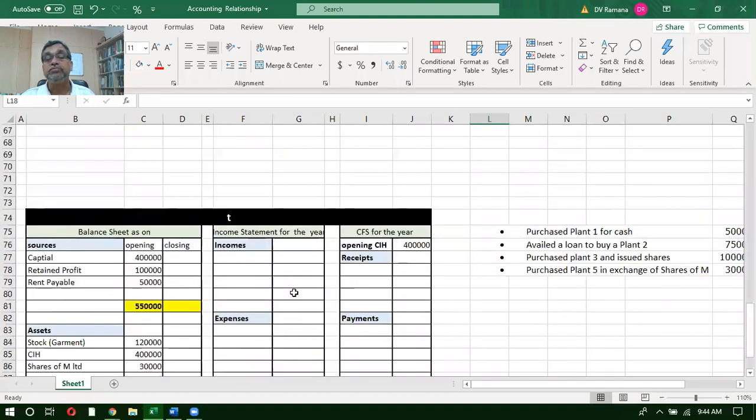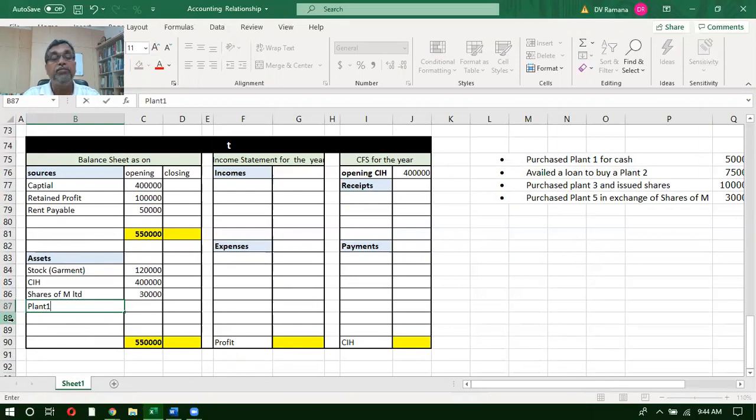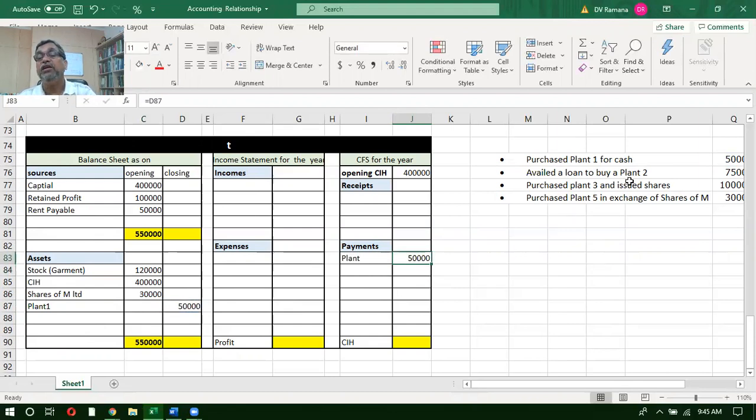In this example, once again, you have an opening balance sheet and there are certain purchases. Purchase plant 1 for 50,000. So it is an acquisition of an asset, plant 1, at 50,000. But how did the company buy? The company purchased it by paying cash. Do you have that much cash? The answer is yes. So the company purchased the plant by paying cash, but availed a loan to buy 75,000